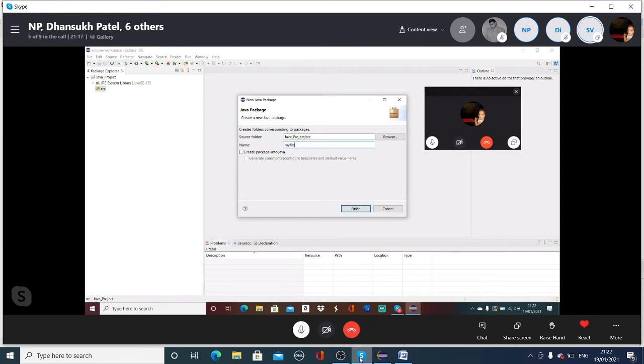You can leave a space and see what happens. Invalid package name: my first, then a space, first project is not a valid Java identifier. So my first project, and click on finish.